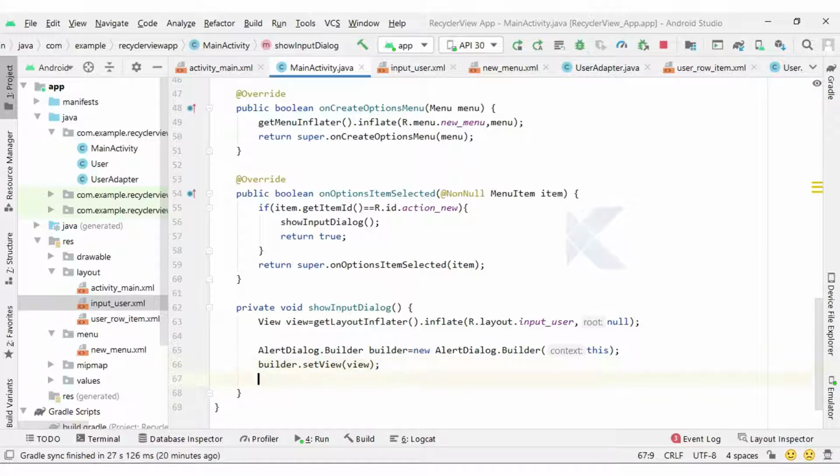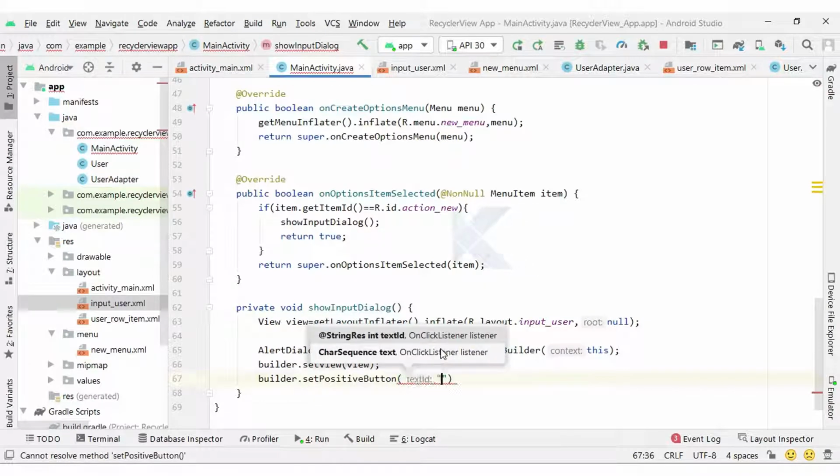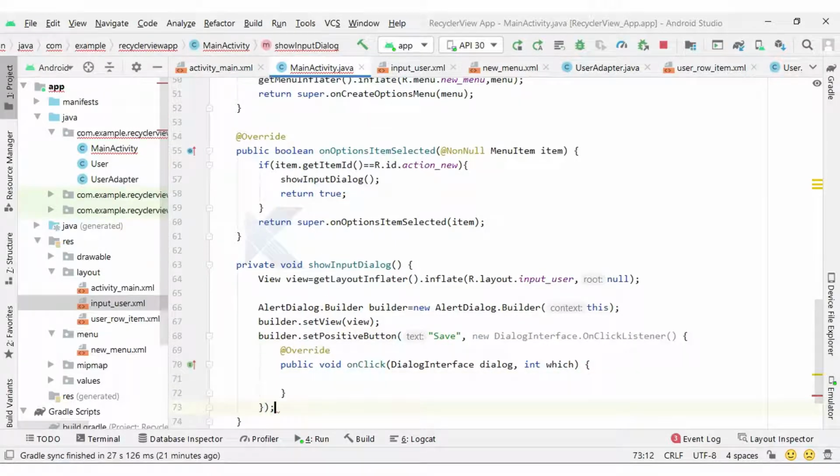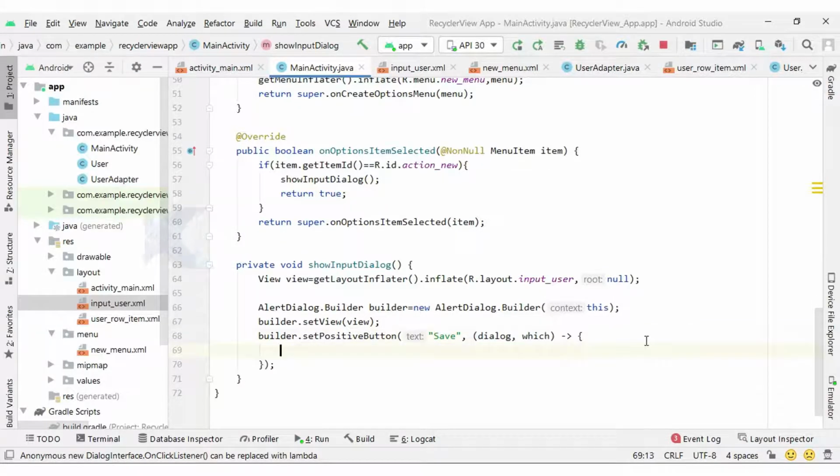Next we are going to write builder.setPositiveButton. So what is the positive button? I can type Save, comma, on click listener. So we can write new OnClickListener here, and you can also replace this code with a lambda: Alt Enter, and it will replace with a lambda.